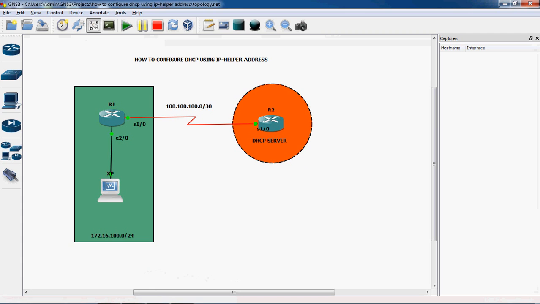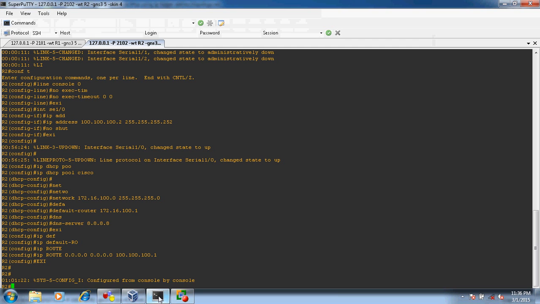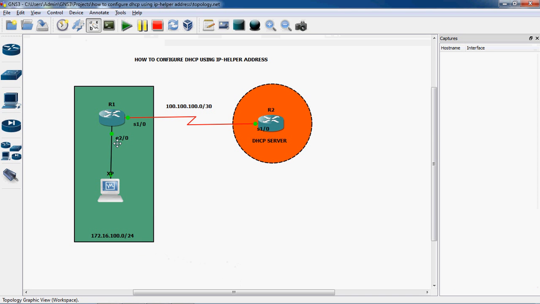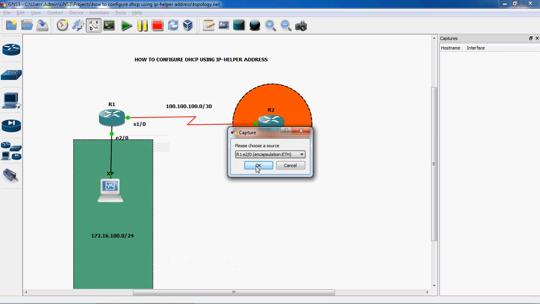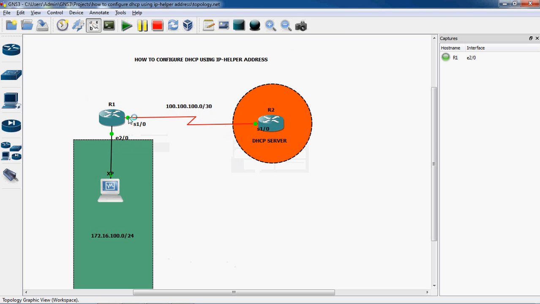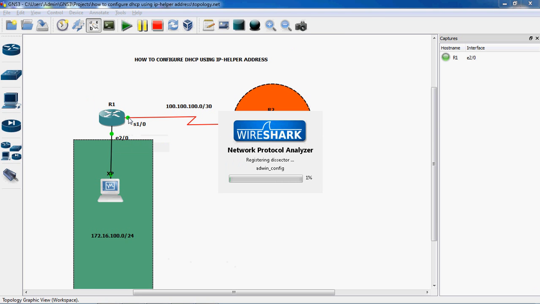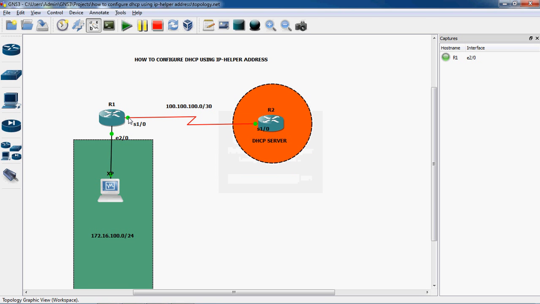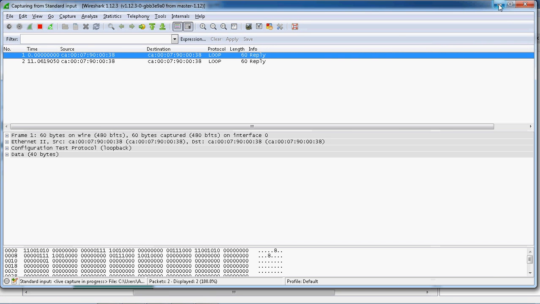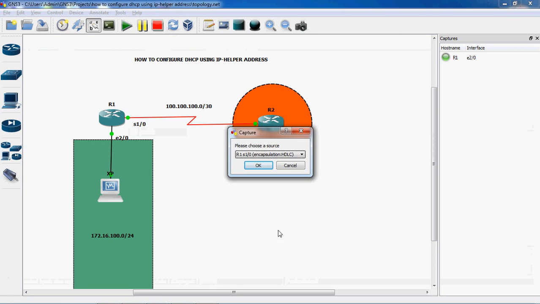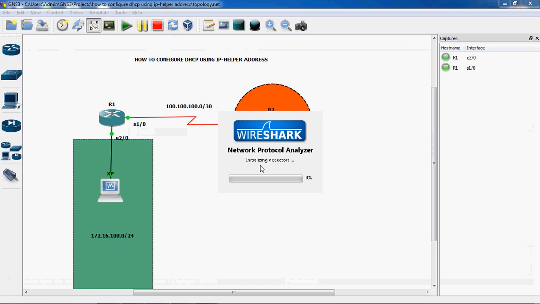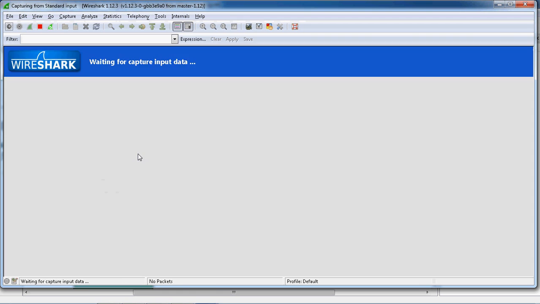so now we can go to the XP operating system and check it. So before that we have to capture the packet. So on this Ethernet interface we have to capture the packet, as well as the WAN network also we have to capture the packet. Okay, now this is the packet capturing in the Ethernet network, that is the local area network. Next we have to capture the packet from the WAN network, that is R1 to R2. Okay,